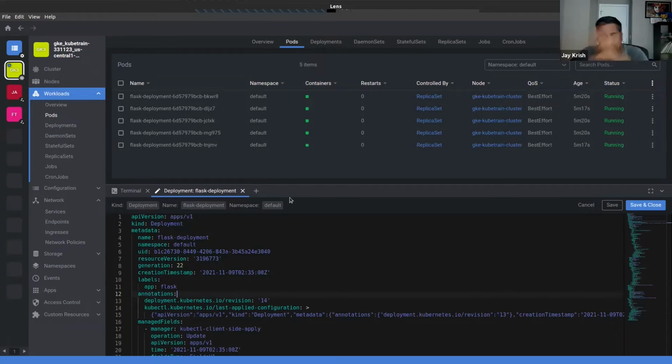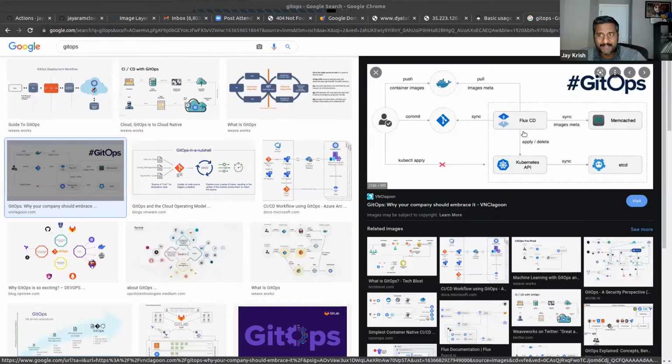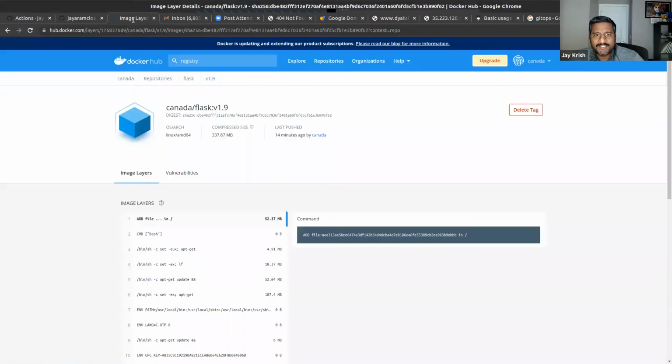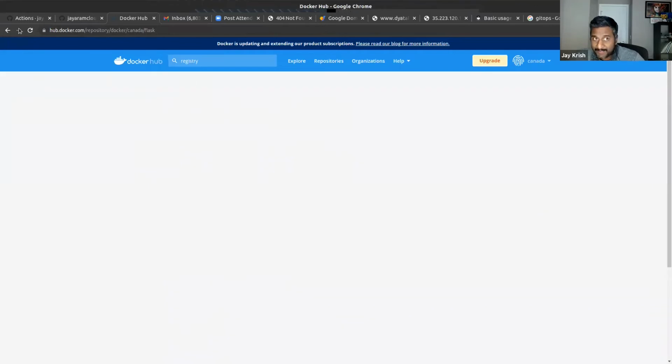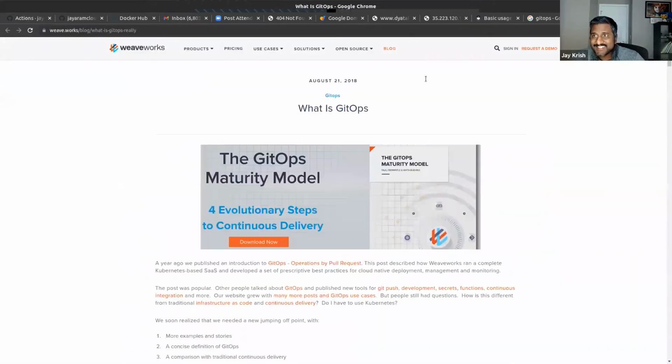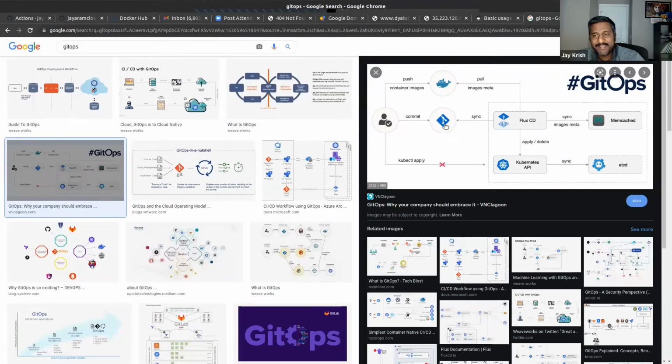So now this Kubernetes cluster itself is watching a Git repository every single minute, or every 30 seconds, or whatever you want to call it. This component is watching the Git repo where you have your YAML files, whichever you have configured. Now, if there is any new image, or if you make any change to your YAML file of deployment, of service, of storage, or anything, it will come and deploy it.